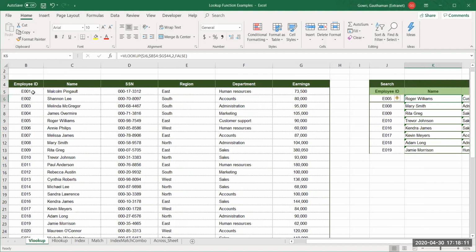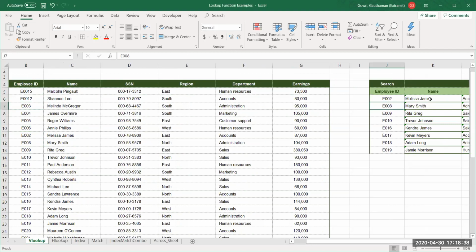Suppose, see, I gave here 15 and some number over here, and here I'll give 2. I'm just changing it for the sake of displaying what happens if you don't give false. So I'll change this to E002.